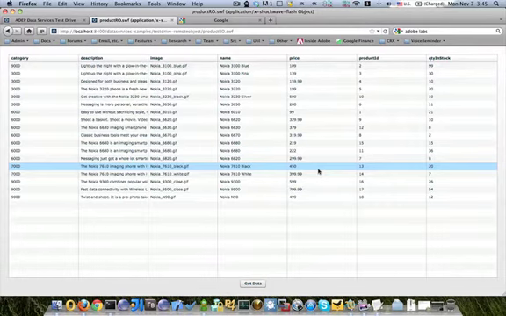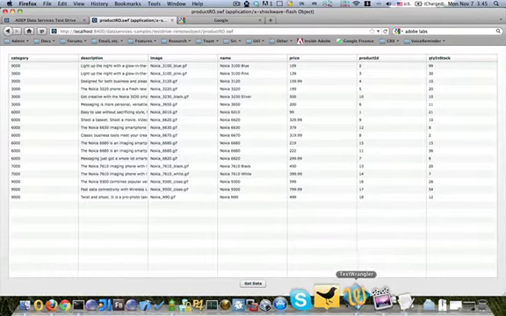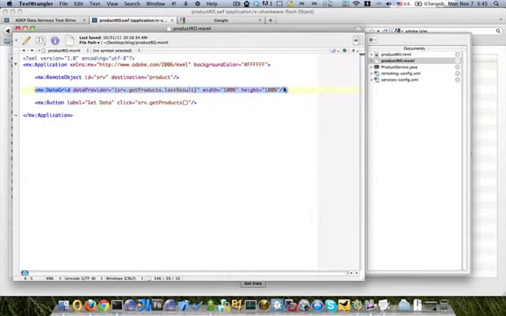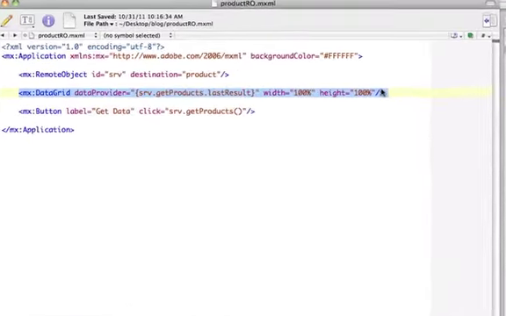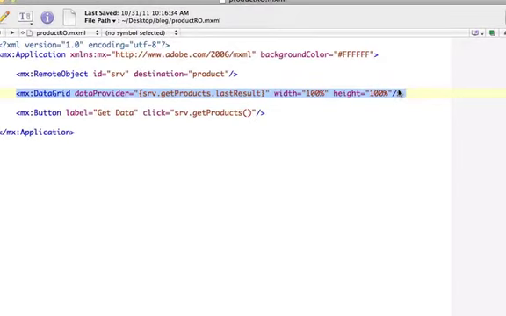That's what remoting does. Let's just take a quick look at the source code. By the way, this source code is available to you as well. Once you download data services, it has a zip file within the data services samples application with all the source code. As you can see, it's a really simple application. We create a remote object that talks to a destination called product. This destination is defined on the server, and we're going to take a look quickly very soon. We define a data grid,